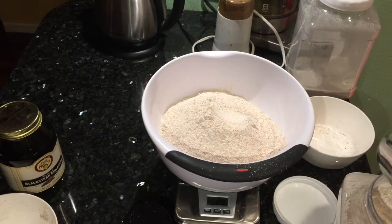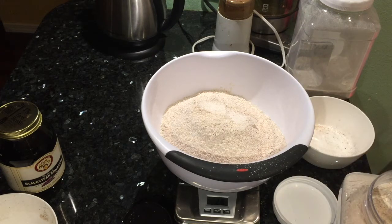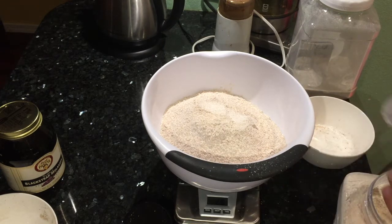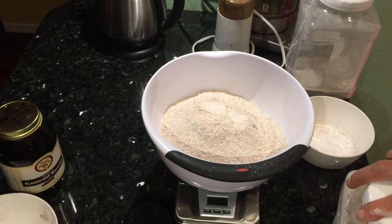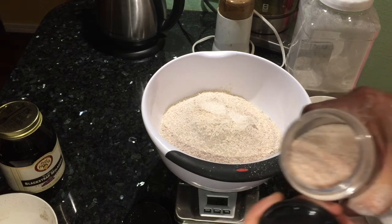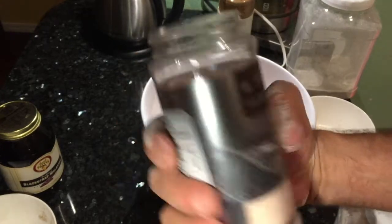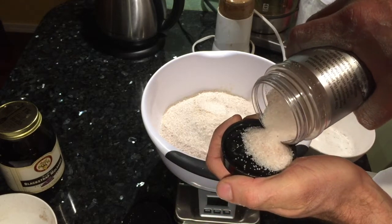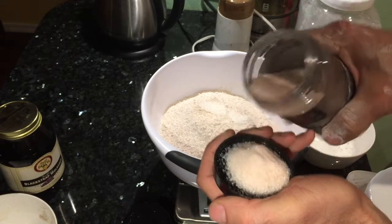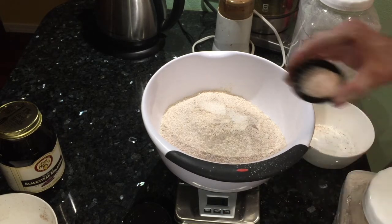A bit too much. Take the excess off. So 230 grams of whole wheat flour, and we also want to use salt. For salt, I put 20 grams. I use Himalayan salt, again because I think it's healthier than normal salt, so it's all organic. All ingredients here are organic, so I want to use 20 grams of it and set it to 0 and